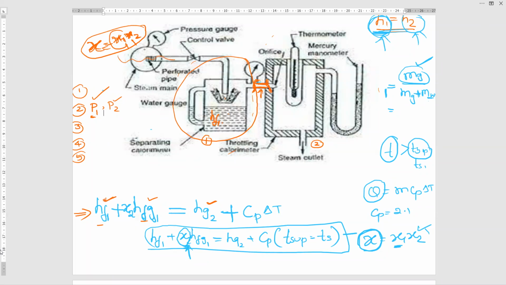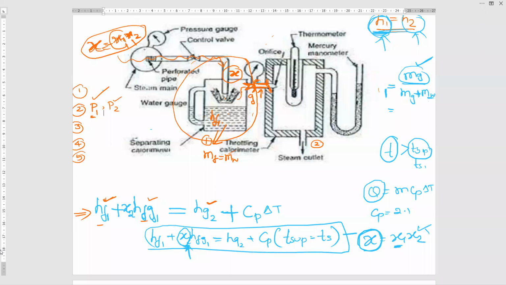Now, the main steam is coming here from the main pipe. You have removed the water content from this steam, all the moisture. That moisture is nothing but water, F, or mass of water. All the moisture we have removed. So once the moisture is removed, you will get only steam, gas. That gas goes to the next part through this throttling device. So at this point, it is purely gas, or it is a mixture of fluid and gas.